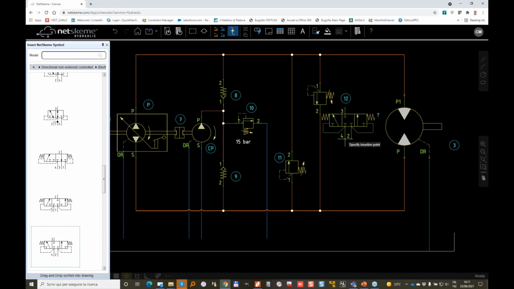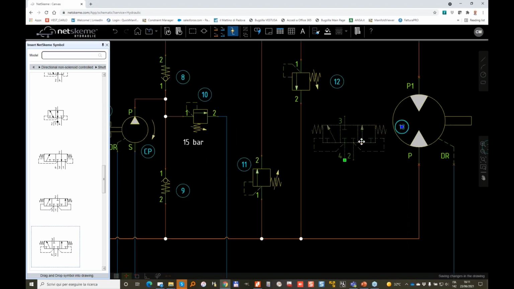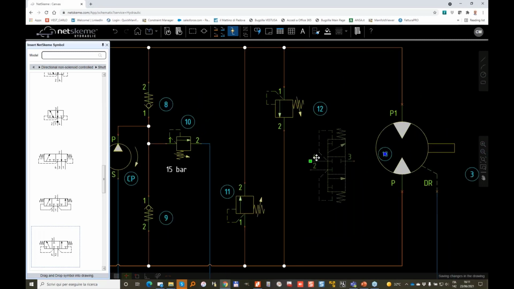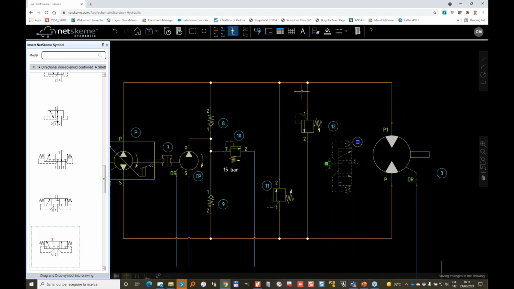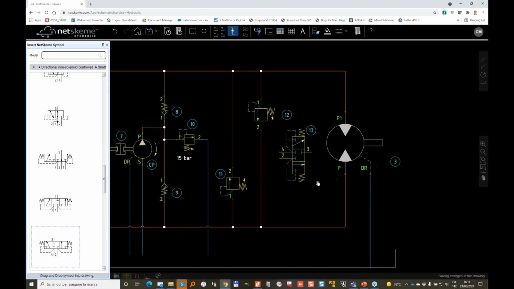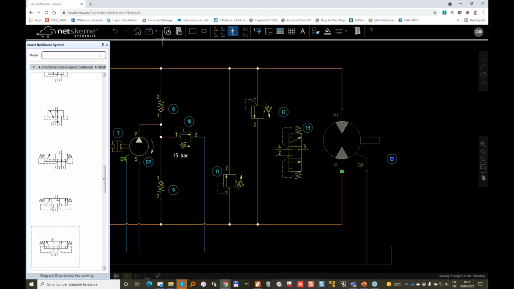This is okay. Let me rotate it to the right. So this valve, when the pressure is higher on the top side, will move the spool and bring the low side to port 3. So this is usually used to go into a heat exchanger to cool the oil temperature. So we normally have this situation. We always need a relief valve,